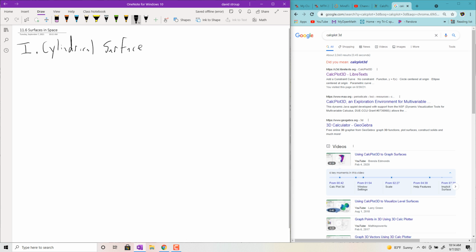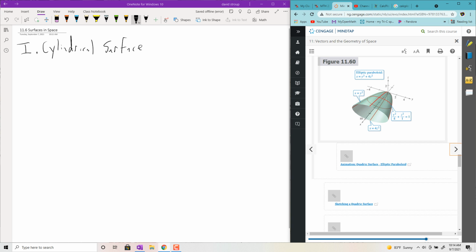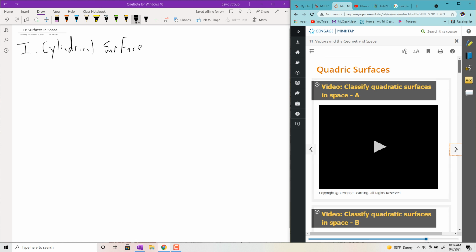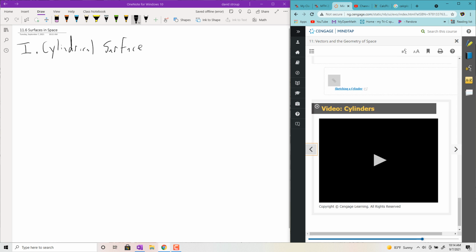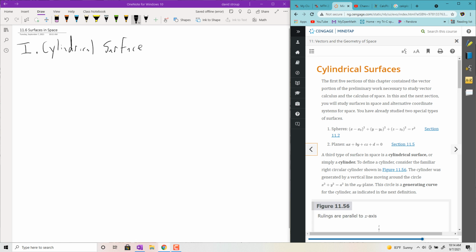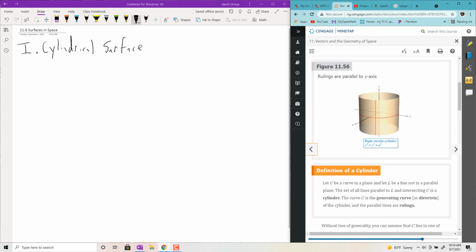This means it's generated by some sort of curve in one of the planes, and then you're letting one of the other variables vary. So let's see, in the beginning, kind of on my own, sure, that's quartic surfaces, we'll get there. Cylindrical surfaces. Okay, so they give you an example here in figure 11.56,